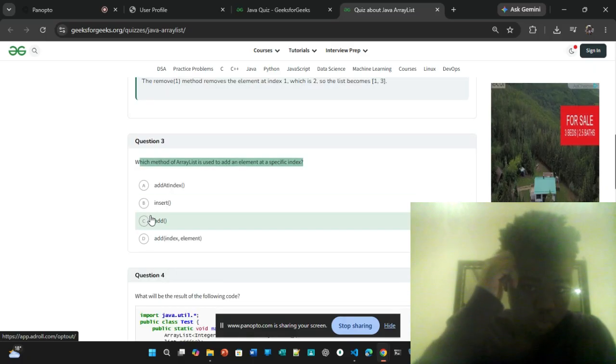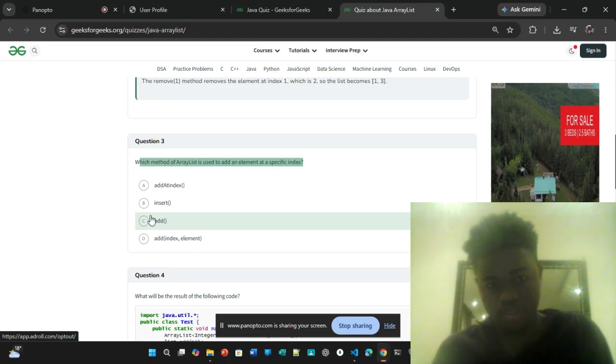So you don't need to mention index because it really knows what you mention in regards to index. So it's going to be